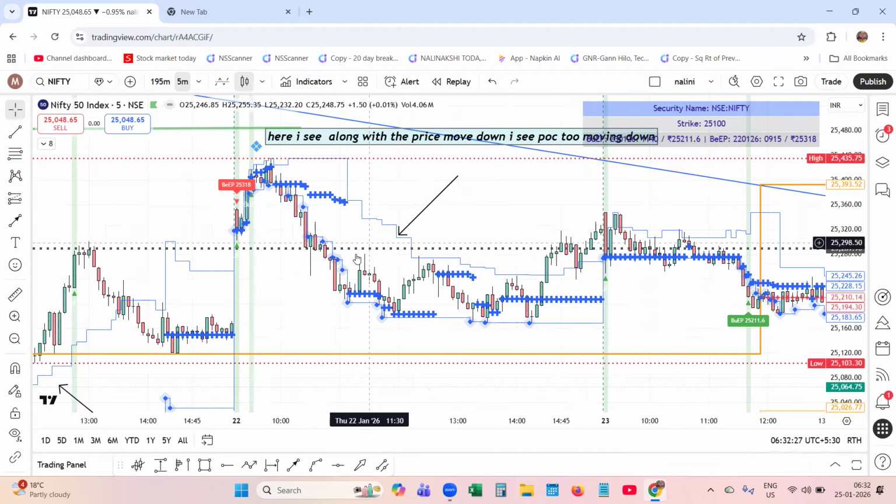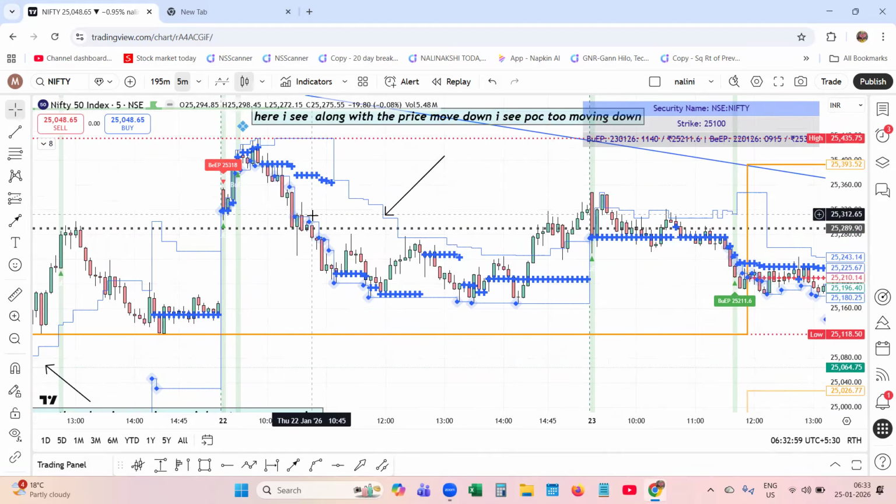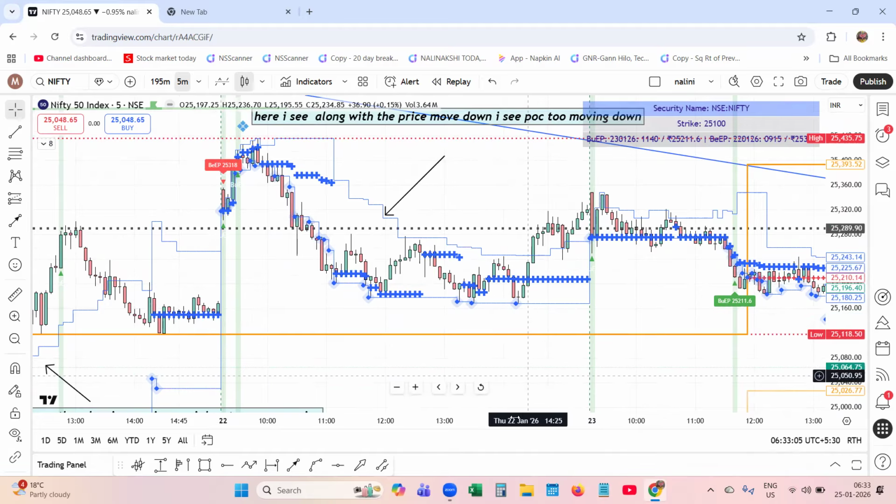This is the area you need to give importance. On an intraday basis, you could have taken a short trade, some initiative buy trade here when the price crossed above this. Do you notice this POC never moved higher? This POC, when the price is moving higher, you can see the same behavior. What happened over here? It was a short covering rally of this selling. So, friends, this is short covering. This is not the buying.